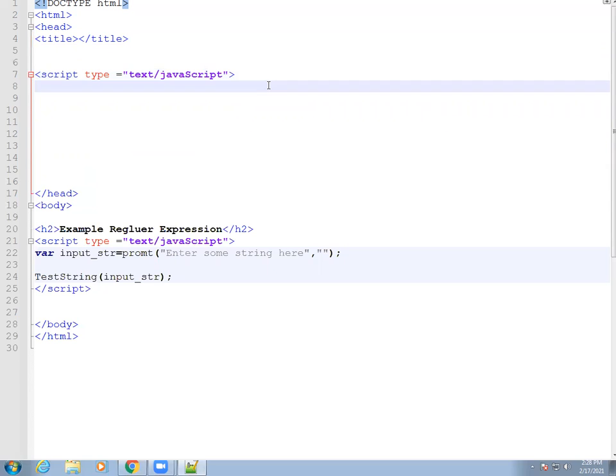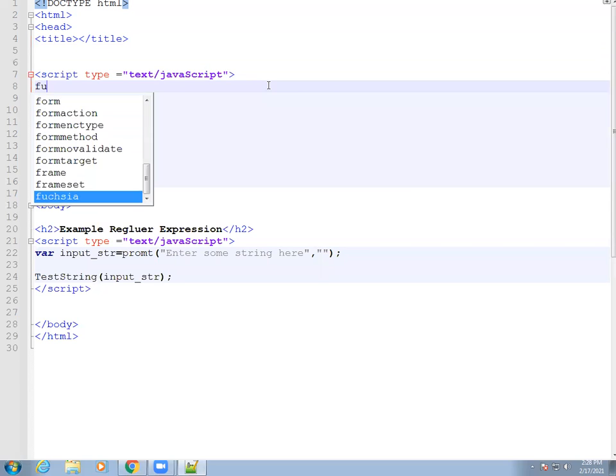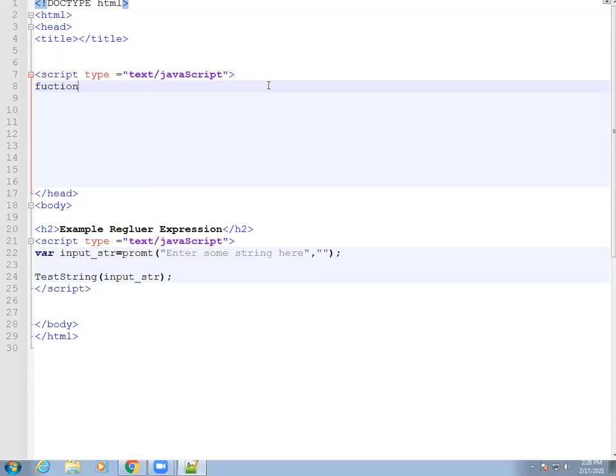Okay. Now in this script function, I will write here function. You know, if you want to declare any function, the function syntax is function name. Correct? Function name is test string, which I already mentioned inside the body.